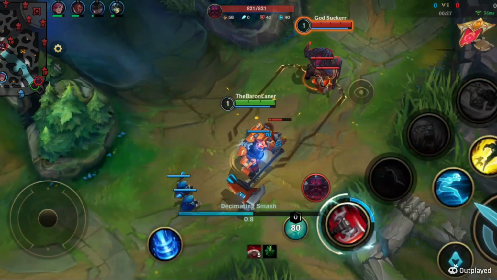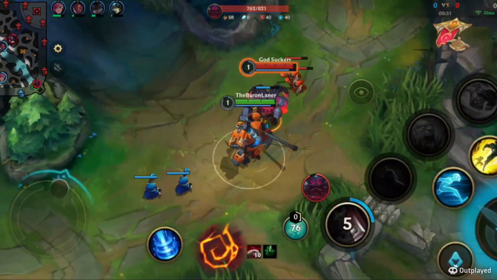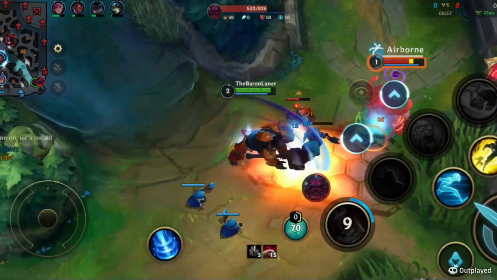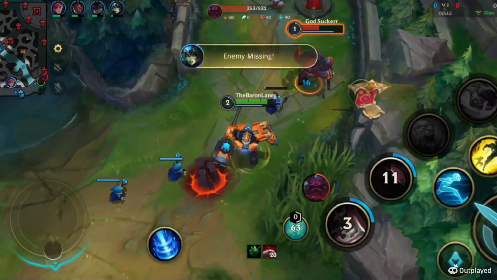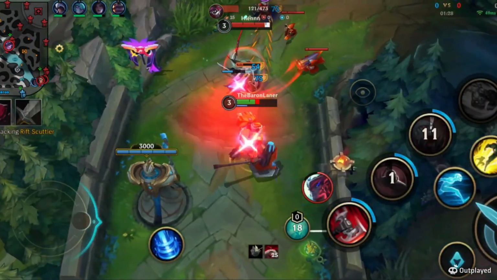During the early game, focus on farming and trading efficiently with your opponent. Use your Q, Decimating Smash, to poke and zone enemies away from farm. Coordinate with your jungler to secure kills or assists with your strong crowd control abilities. When setting up your Q, if your opponent is slippery, use your E ability to slow the target to make